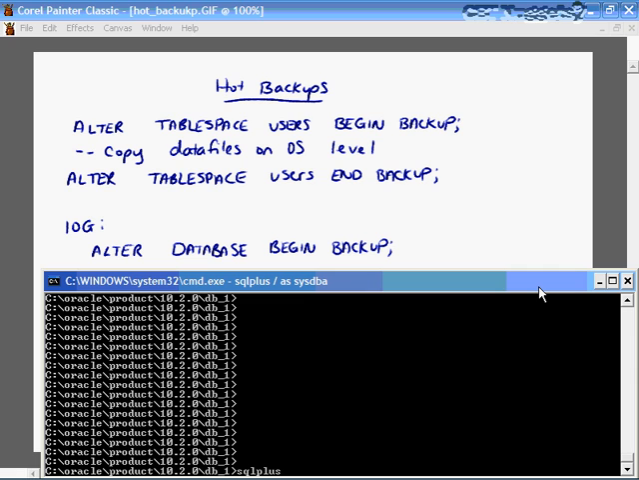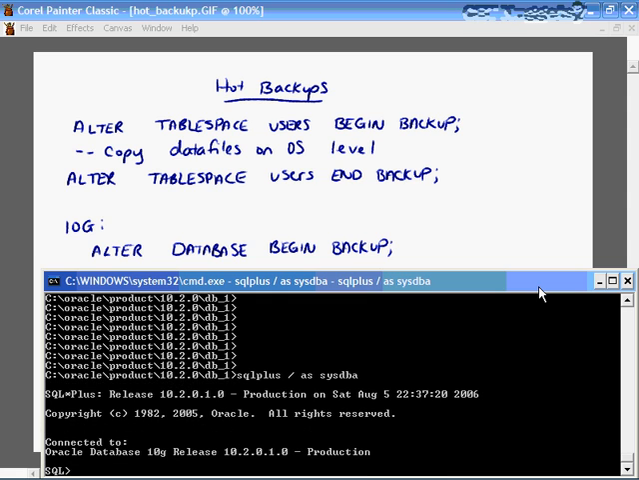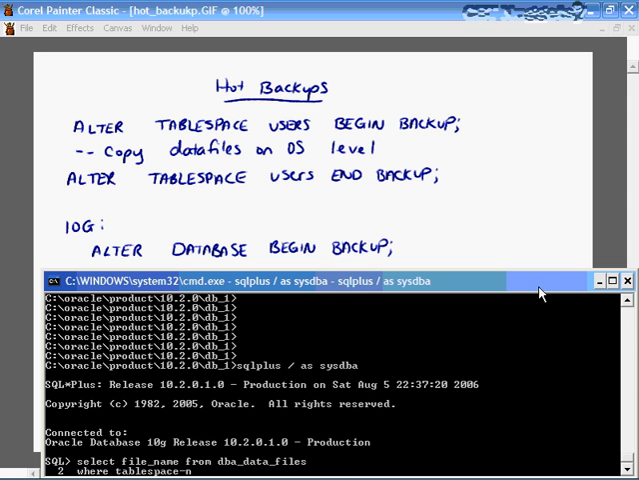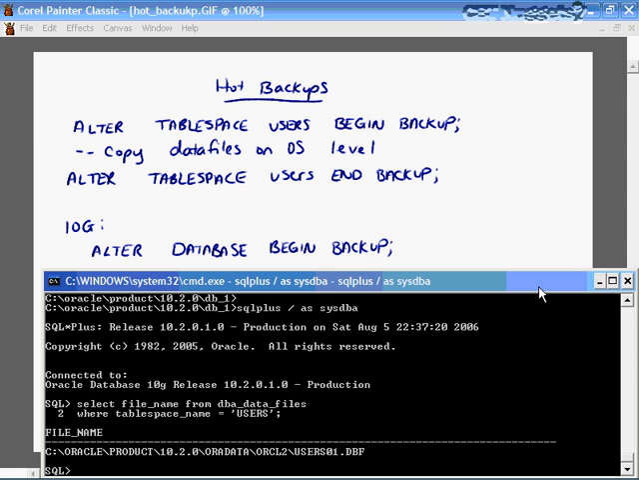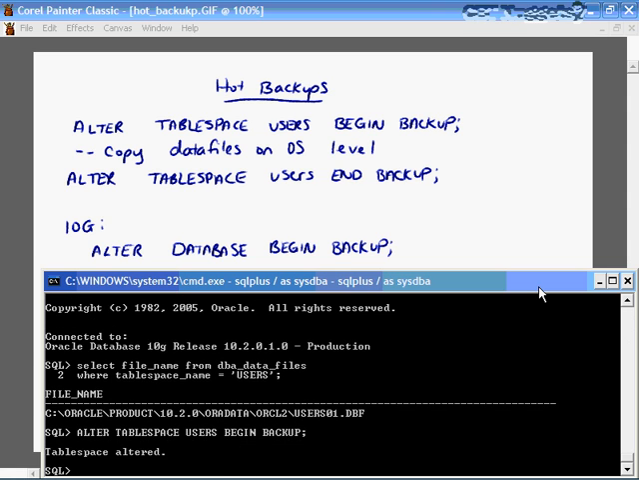Let's go ahead and do a hot backup for our users tablespace. Log in as the sysdba. And I want to first of all find out which data files belong to that tablespace. So we can say select file_name from dba_data_files where tablespace_name equals users. Okay, we've got one data file. So let's do an alter tablespace users begin backup. Okay, now those SCN numbers are frozen in the data file,